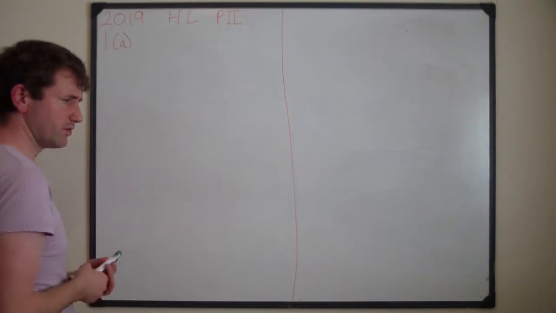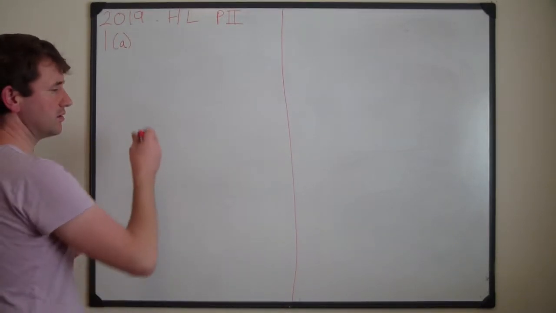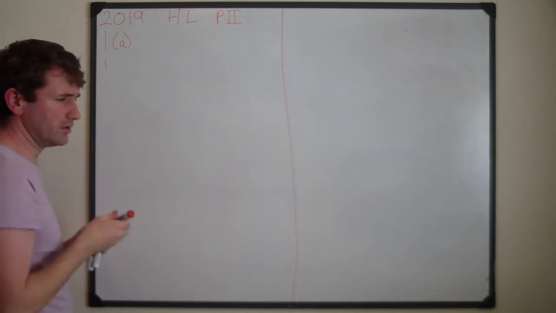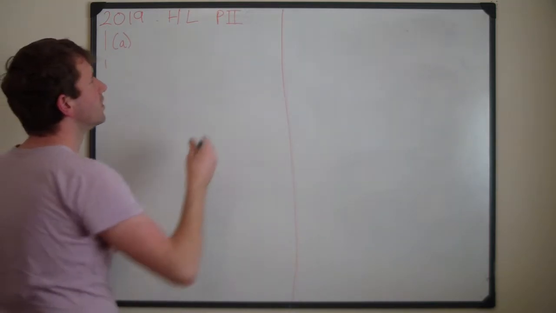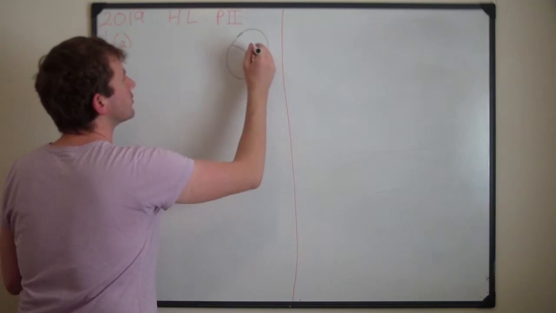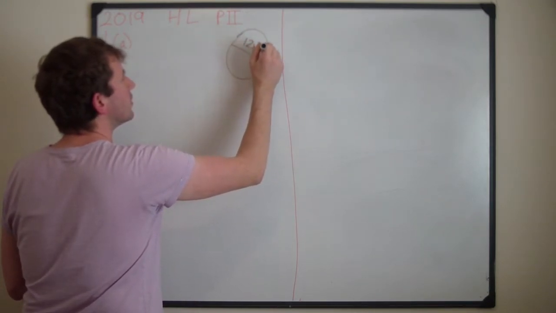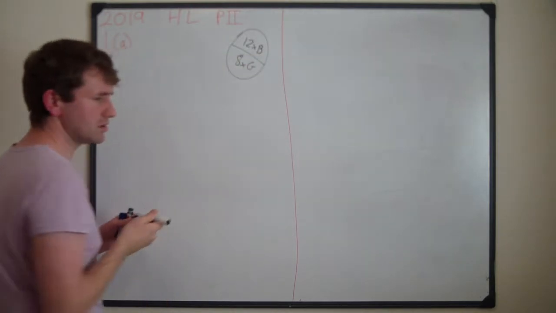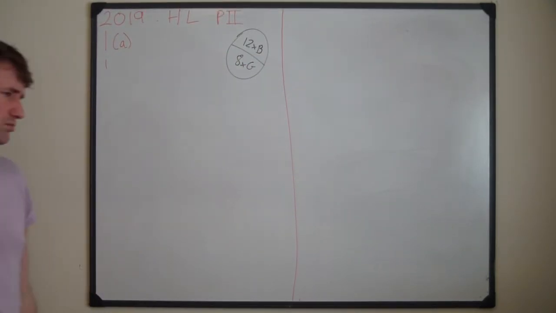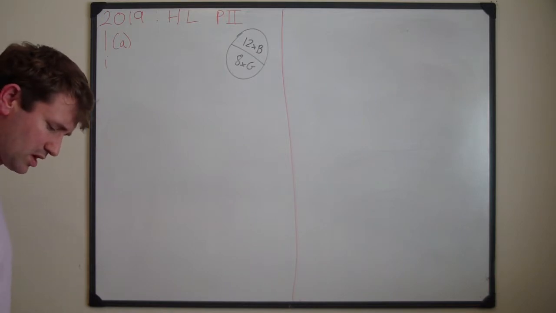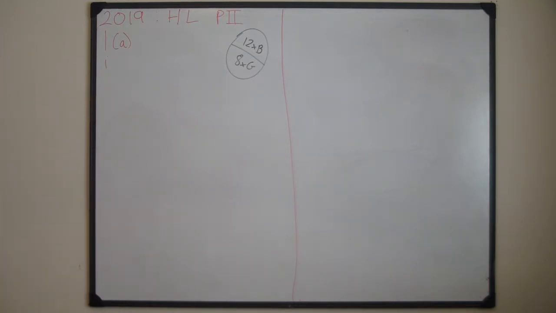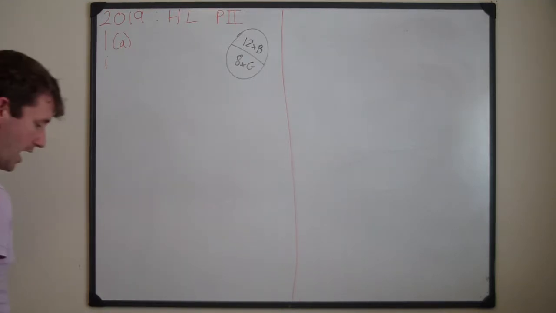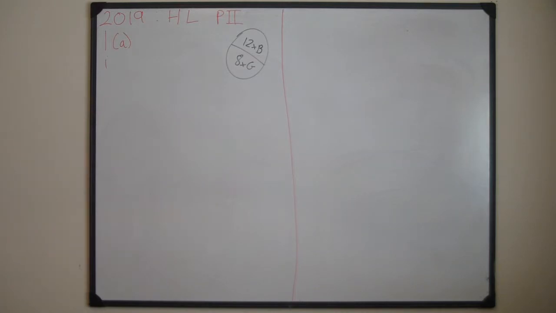Okay, so the first thing is we've got a class consisting of 12 boys and 8 girls. So 12 boys, 8 girls, and the question is: 2 students are selected at random from the class. What is the probability that the 2 students selected will be a boy and a girl in any order? I'm not sure what the textbooks and teachers are doing here in terms of notation, but for me what I want to think of is